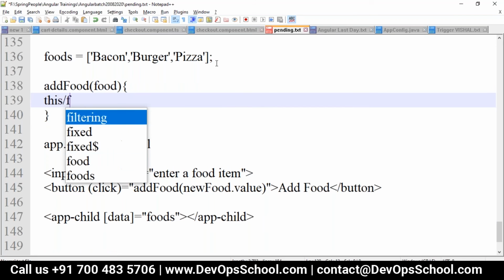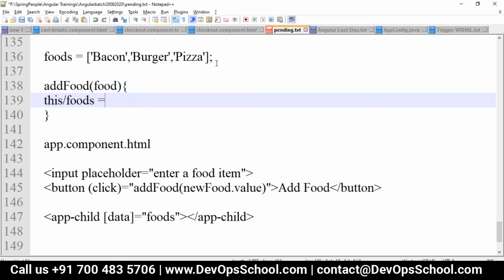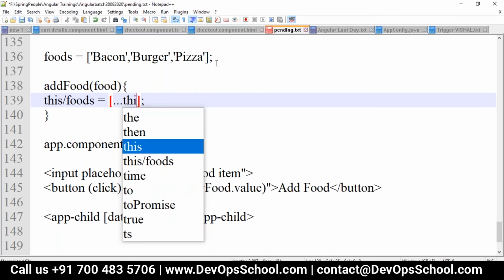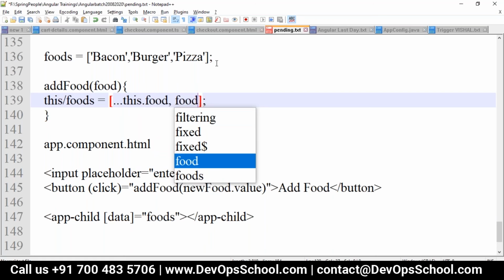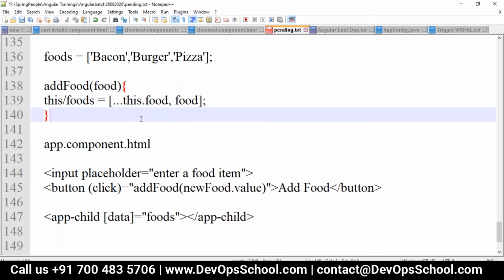We have to give this.foods, to make it reflect the data. You can pass all the values, so we use this.foods, then the new object we are sending. With this variation we are not mutating the foods array anymore, it's returning a completely new one. Where you want change detection taken care of, we can have the ChangeDetectorRef in the child component.